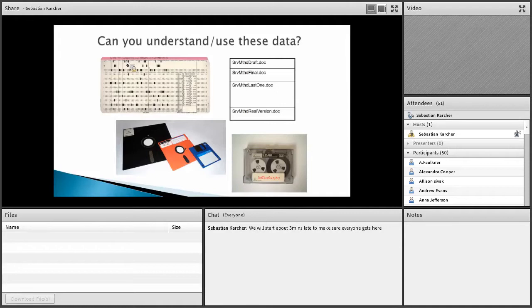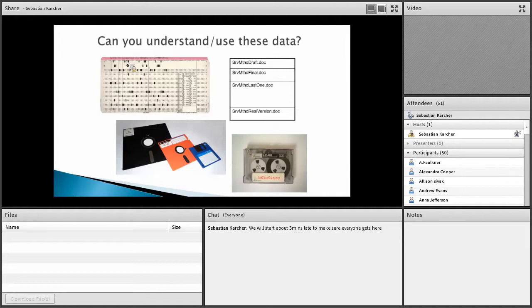So just to give a very visual example of why data management might be important: these are some obviously obsolete and outdated forms of recording data, which for most of us, if we are faced with them today without any additional documentation, would be impossible to read, and their contents would be impossible to access. We don't tend to think in those terms about the data formats and the ways of recording data that we're used to, but they always inevitably become obsolete. So recording these additional documentation details might help future researchers